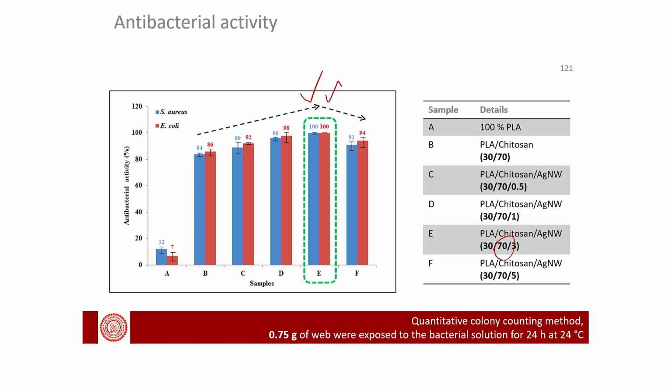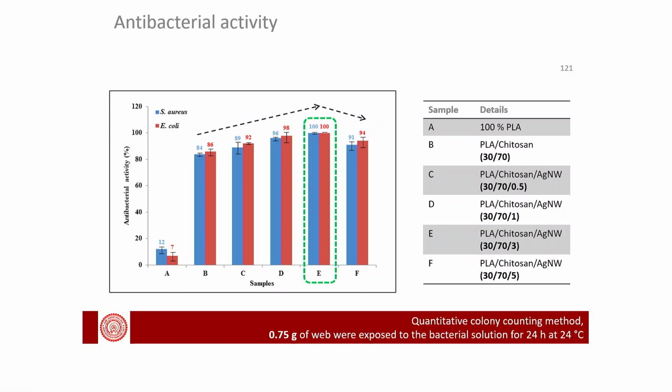That is why we could use the maximum chitosan, which is antibacterial, and at the same time we could add the maximum silver nanowire. So, these two effects result in 100% antibacterial activity, and when we increase this further to 5% silver nanowire,